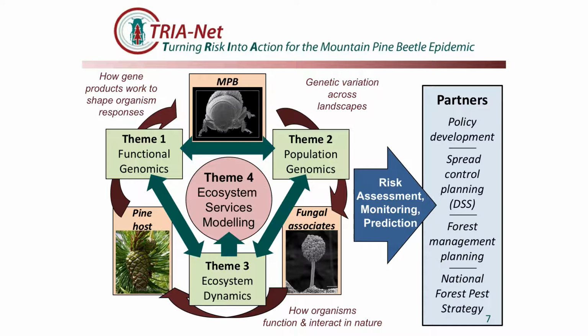So this is a project that I've led for the past decade, where we integrate genomic techniques with ecology techniques and modeling groups to try to improve our risk assessment methods, our risk assessment tools that feed into the programs of a number of different provincial agencies and other partners, including industry partners, in policy development, spread control, forest management planning, as well as the National Forest Pest